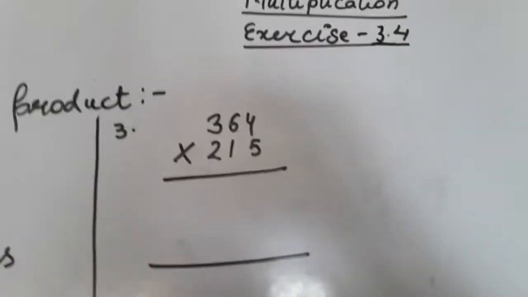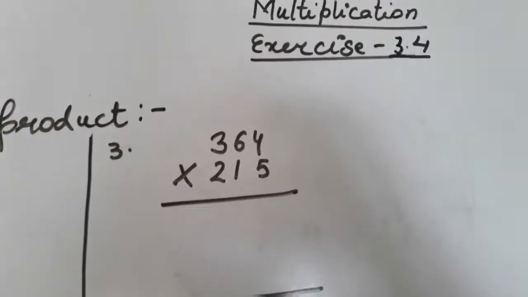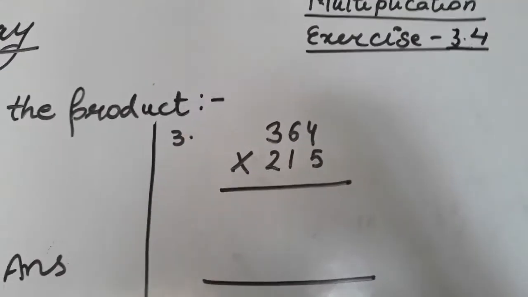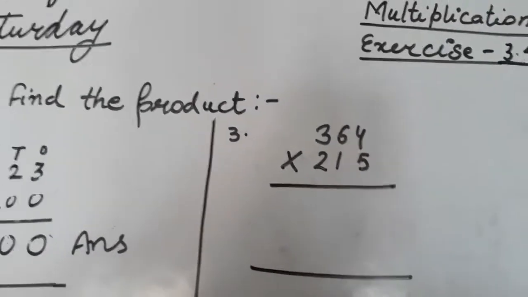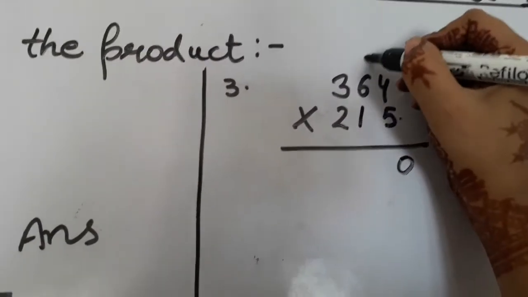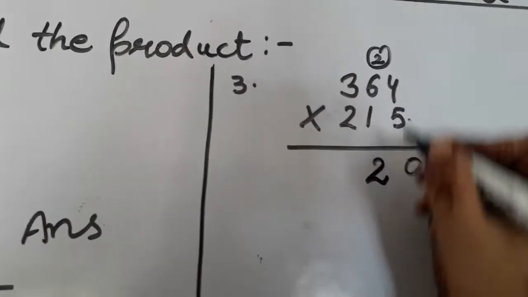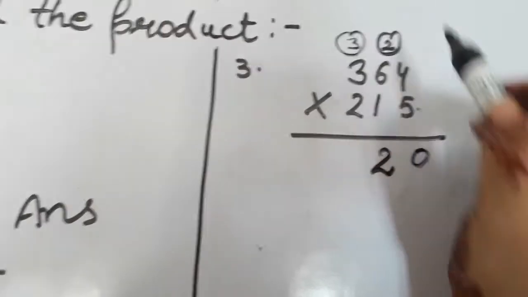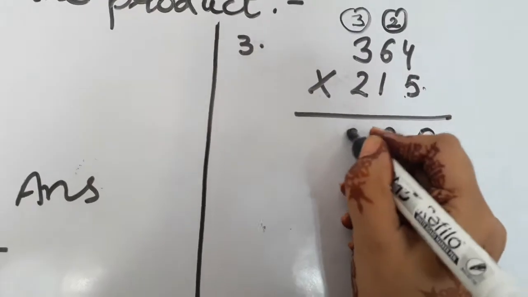Okay? Now, suppose no zeros are there. The number which you have to multiply with does not have zeros. It is just a simple number. For example, here you have 364 to be multiplied by, let's do now, 4 5s are 20. 0 is here, 2 carries. 5 6s are 30. 30 plus 2, 32. 3 carries. 5 3s are 15. 15 plus 3, 18.